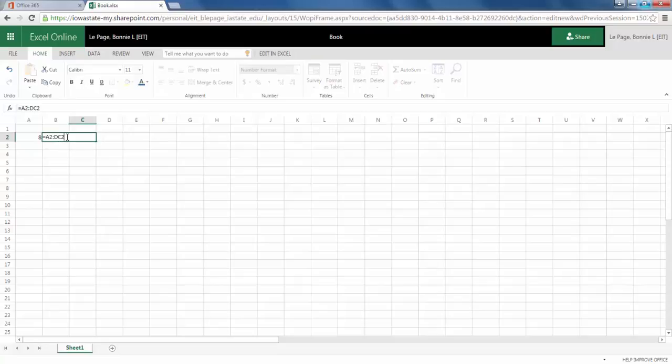So we can change it to A2 plus B2. And that will give us the outcome of 9. Again, Excel allows you to change this, so we can make that 100, and it should still give us the correct outcome. There we go, 101. If we want to copy this, again, hold Shift and click.